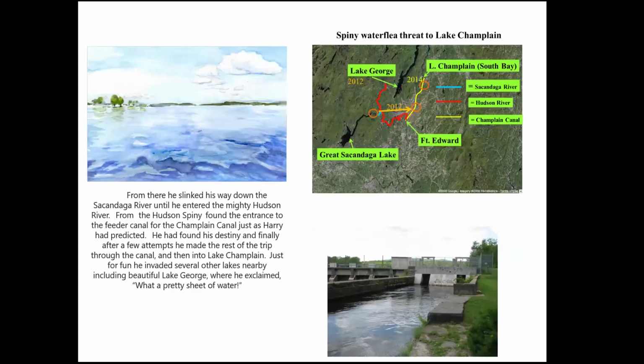From there, he slinked his way down the Sacandaga River until he entered the mighty Hudson River. From the Hudson, Spiny found the entrance to the feeder canal for the Champlain Canal, just as Harry had predicted. He had found his destiny, and finally, after a few attempts, he made the rest of the trip through the canal, then into Lake Champlain. Just for fun, he invaded several other lakes nearby, including beautiful Lake George, where he exclaimed, "What a pretty sheet